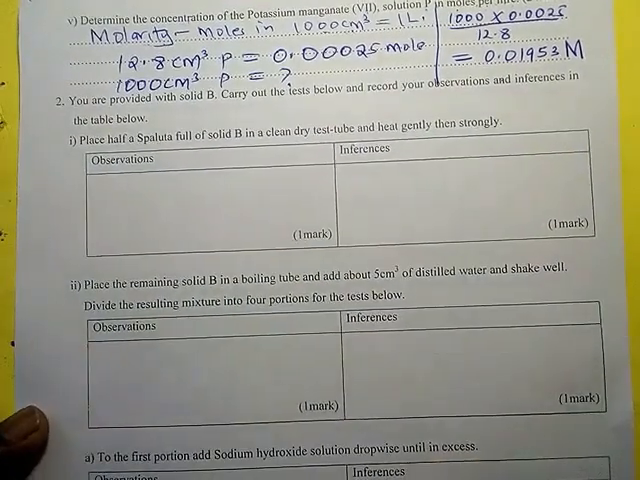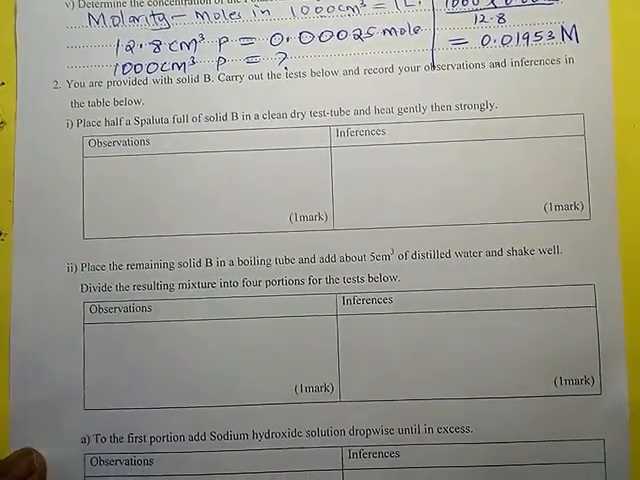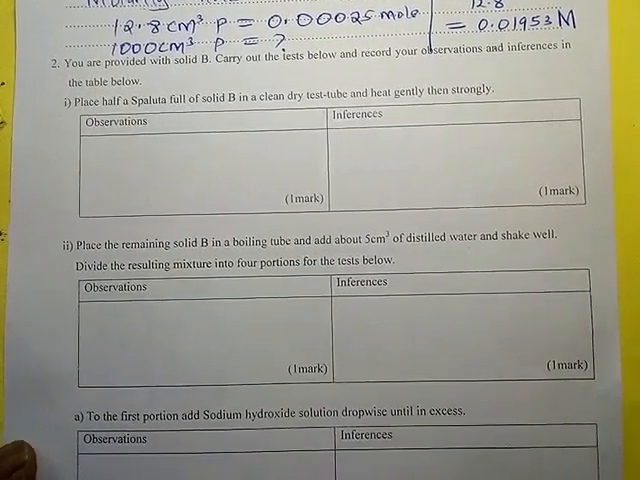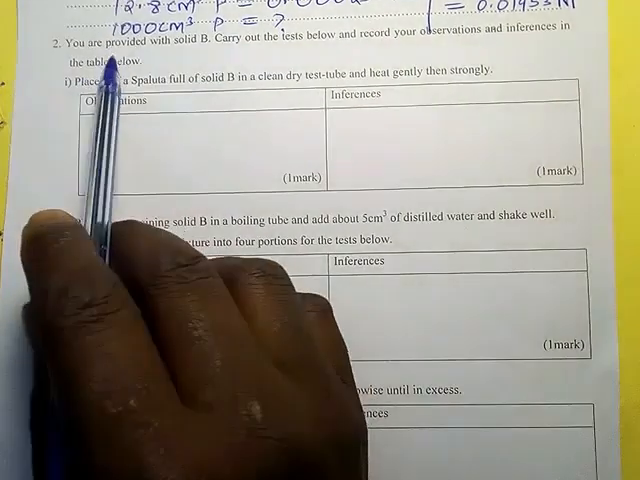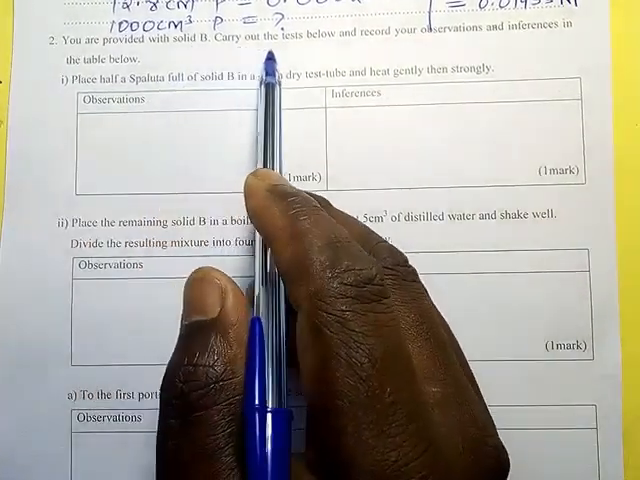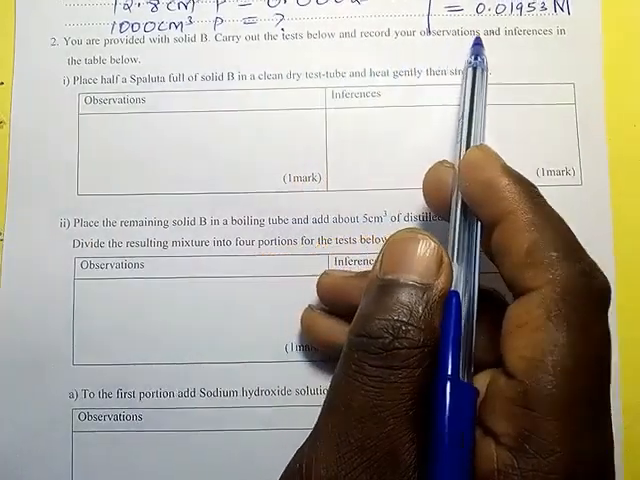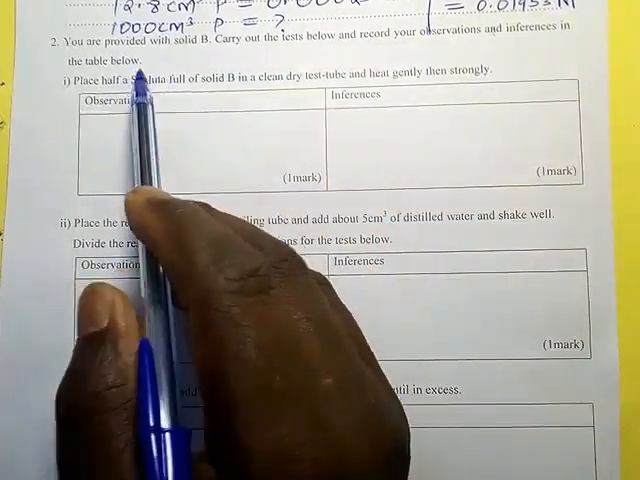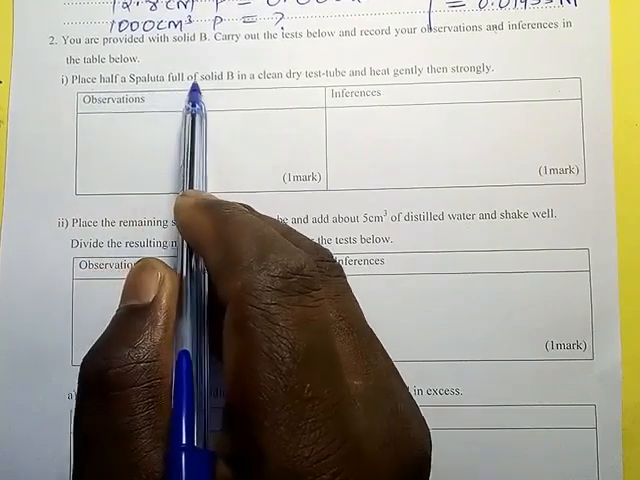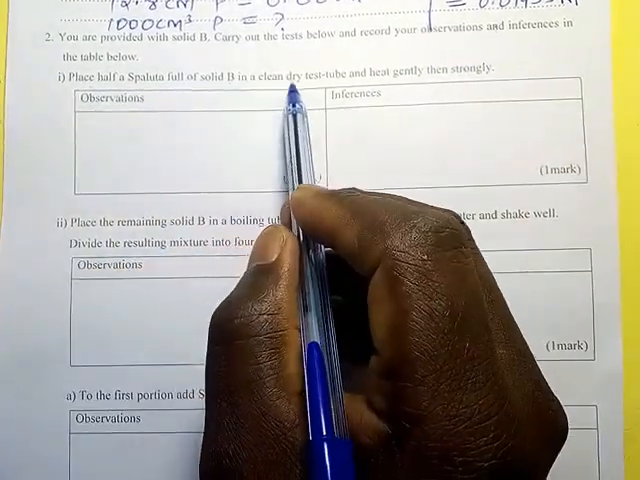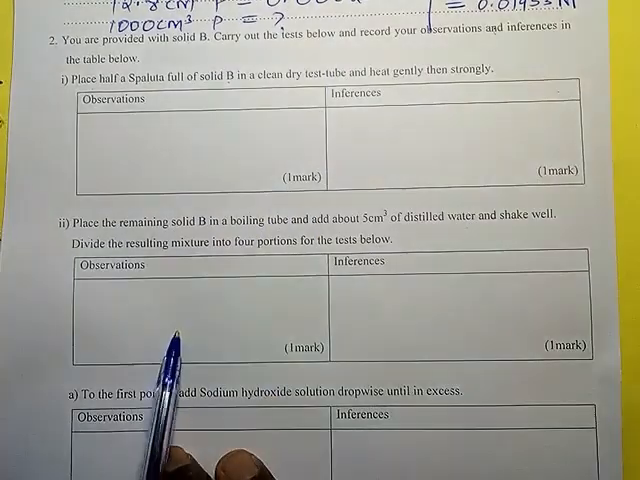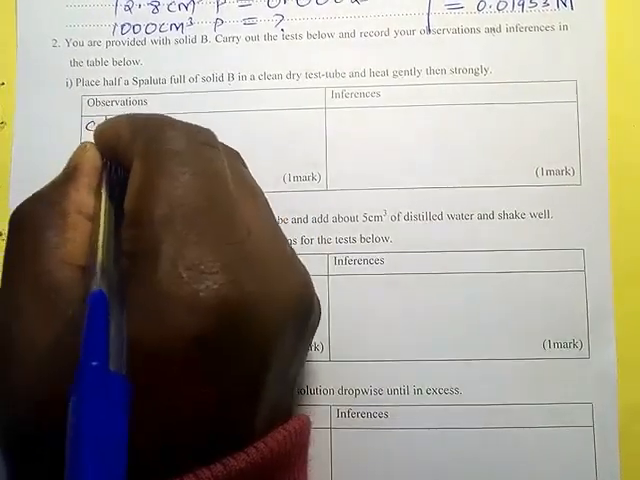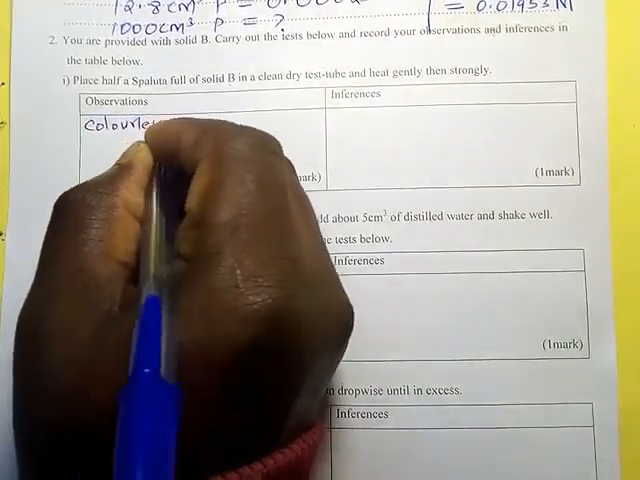Qualitative analysis. I want to give you observation and inferences very quickly. You are provided with solid P. Carry out the test below and record your observations and inferences in the table below. Place a half of a spatula full of solid P in a clean dry test tube and heat gently then strongly. What will be observed? A colorless gas